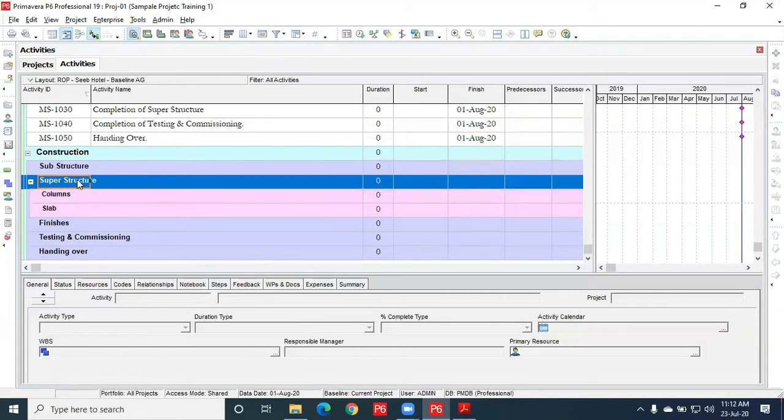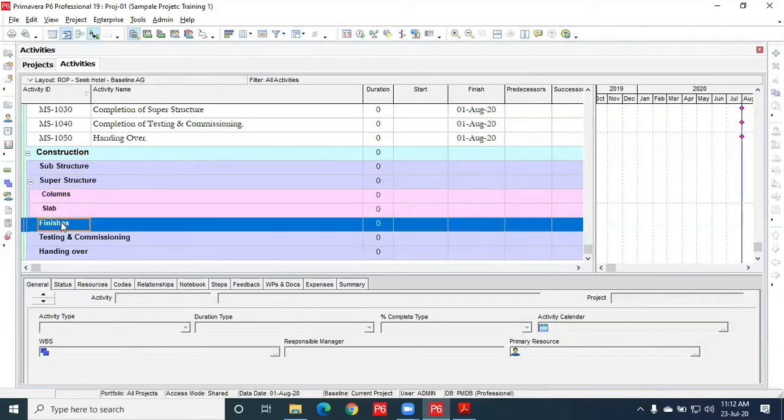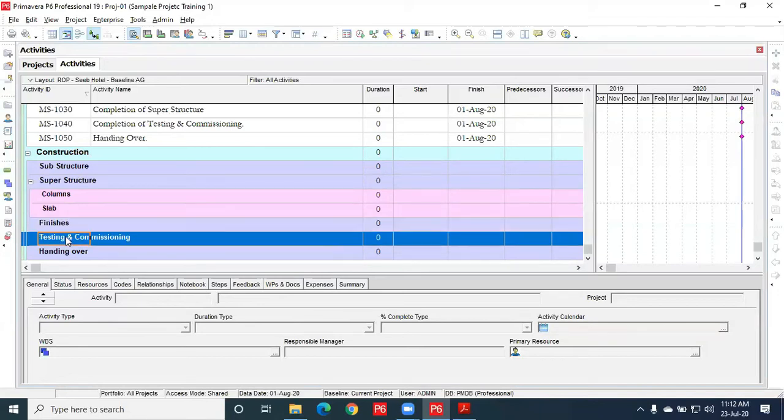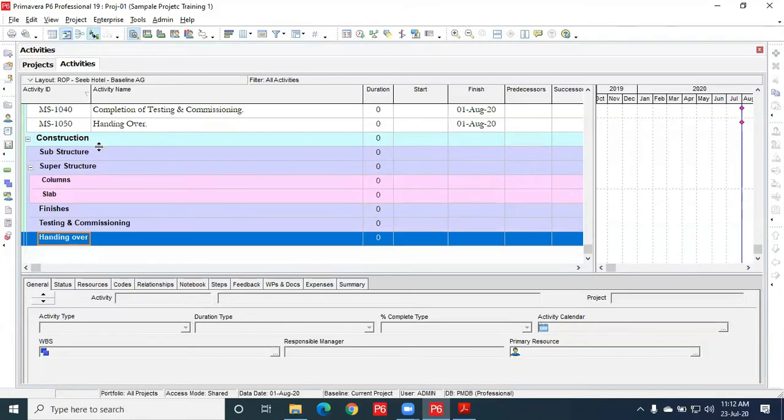And superstructure is mainly the structure of the project, columns and slabs, which are considered the superstructure of a building. And then finishes includes plastering, tiling and other finishing items, then testing and commissioning, then handing over.